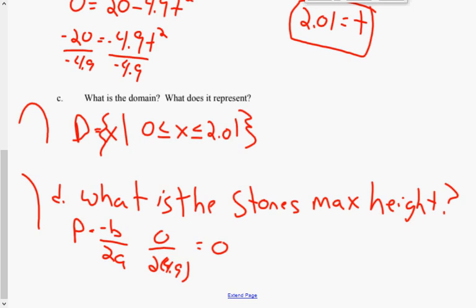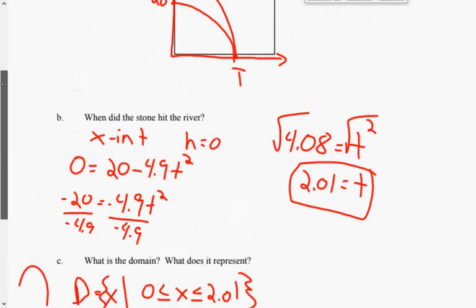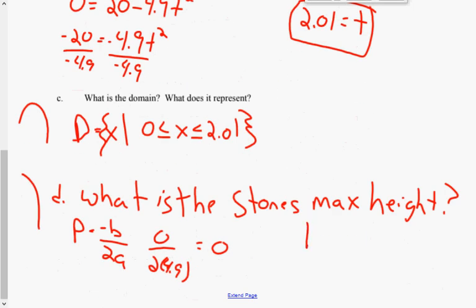All right. So, what would be its max height then? If my p-value is 0, 20. 20, right? Max height. I was being stupid. Would it not just be 20? Yeah, it's just 20. Don't overthink this stuff. All right, and that's all you got to do there. All right, so we'll call that